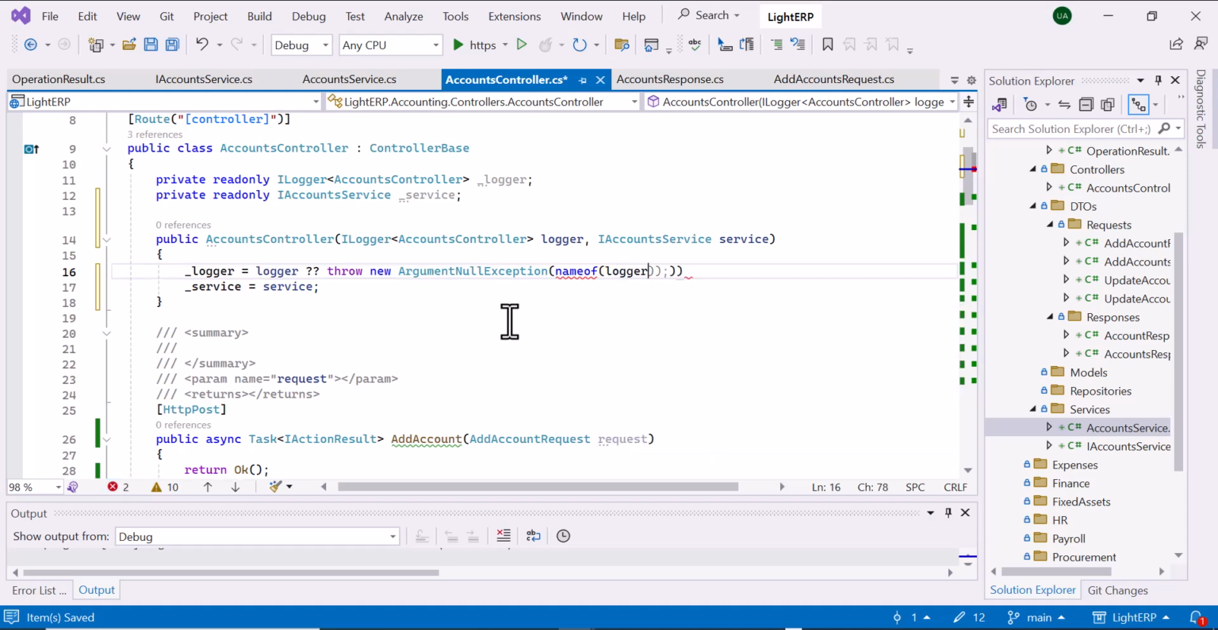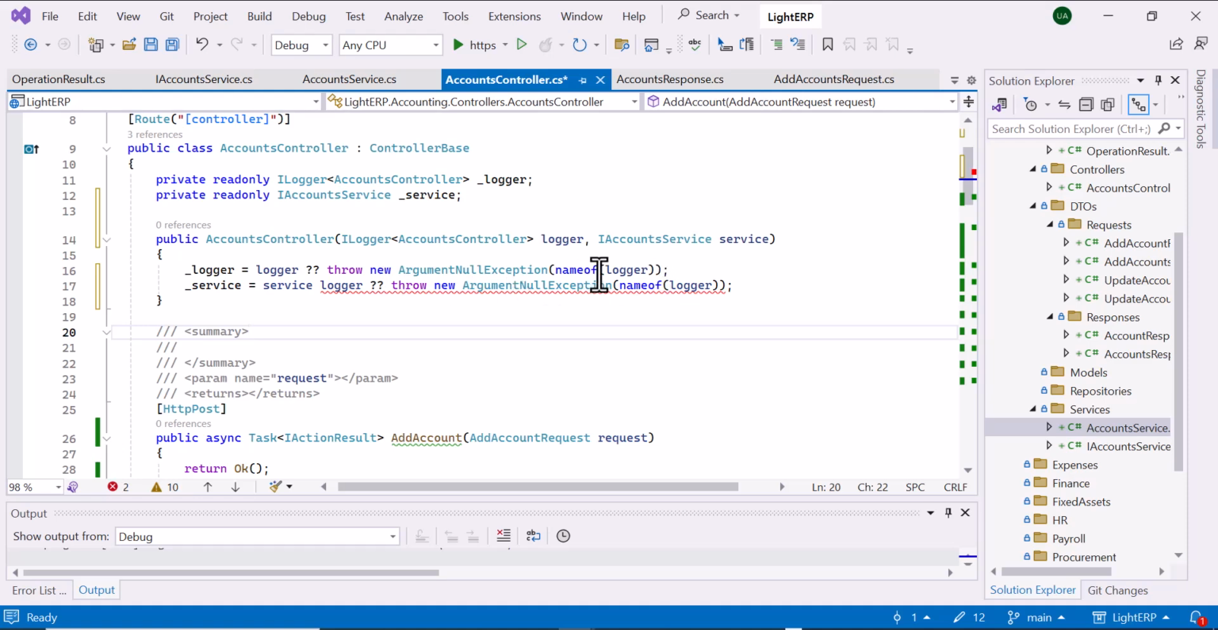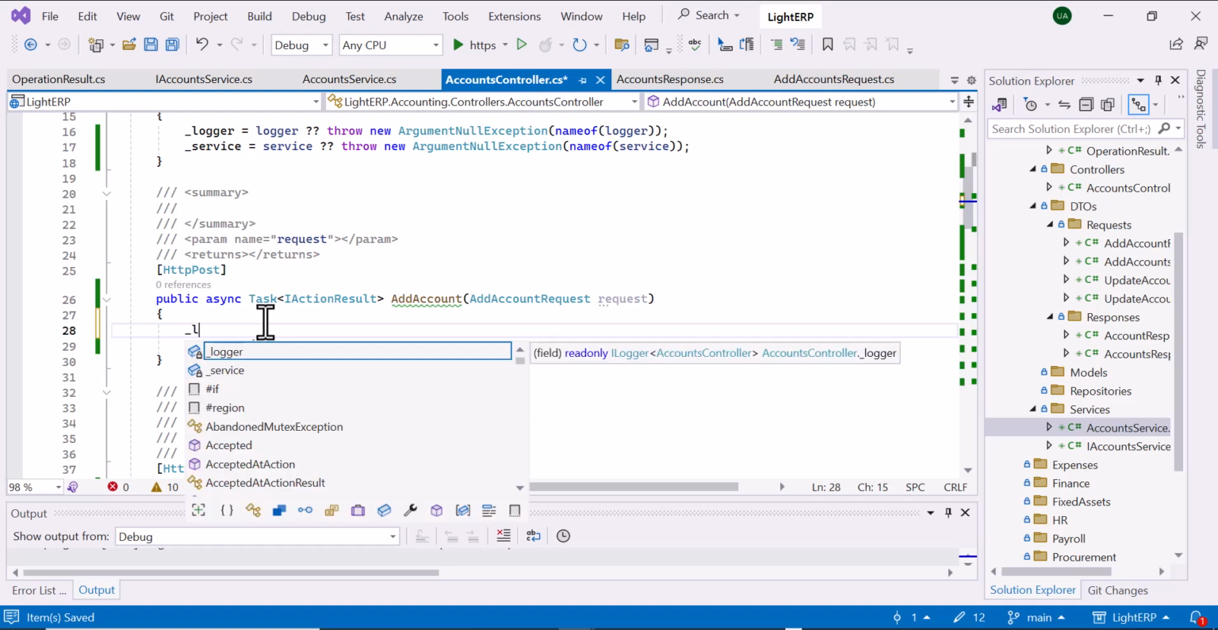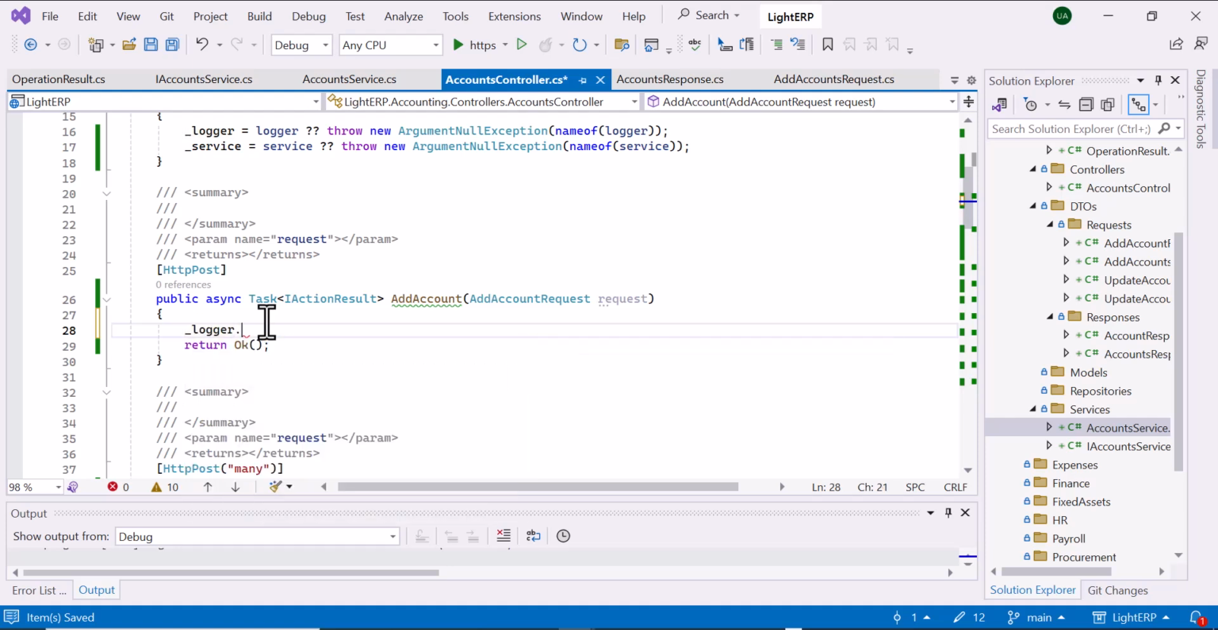So yeah, this is for this one, and this is for this one. There is one additional not needed, and this is not for the logger, it's for the service. Perfect. So here we can use the logger dot log